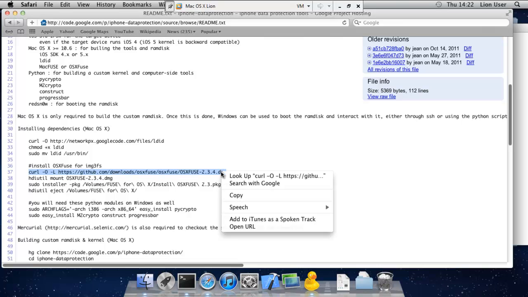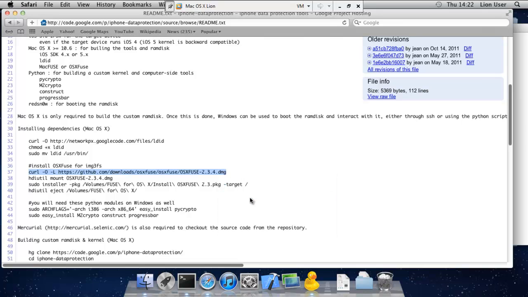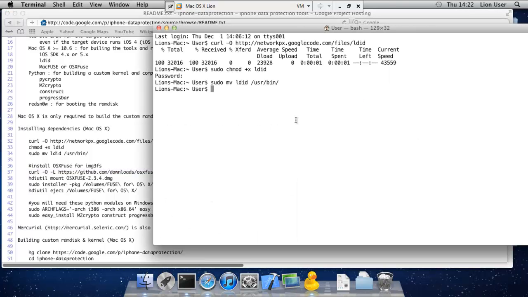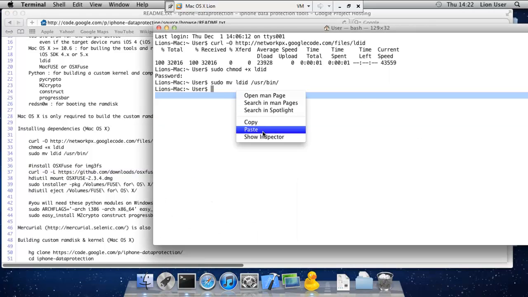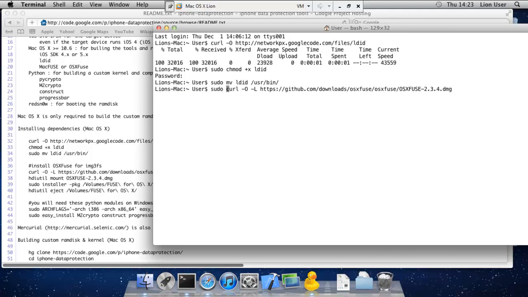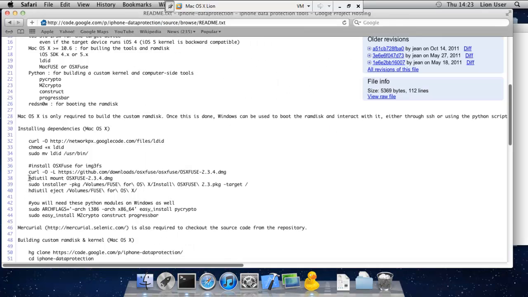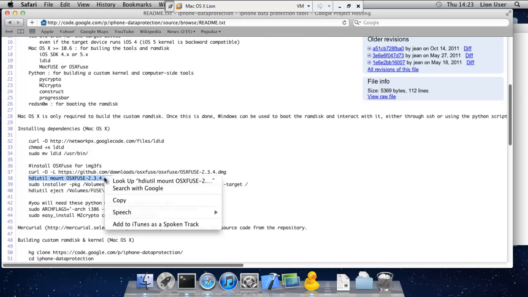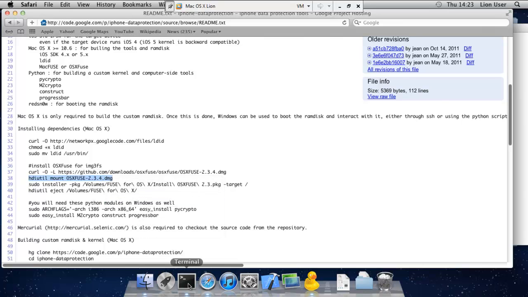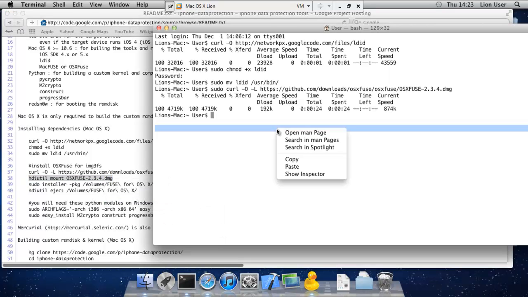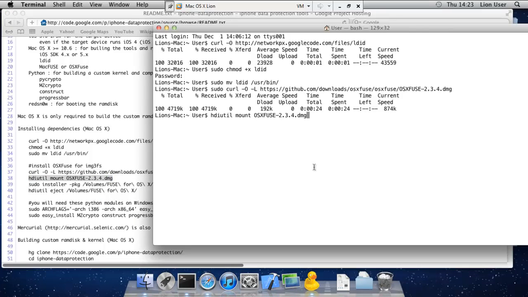Next, download and install OS X Fuse for the Image3 file system. Apple firmware files are in Image3 format. If you unzip an iOS file, you can notice all the components in Image3 format. OS X Fuse allows you to extend OS X native file handling capabilities via third-party file systems. Download OS X Fuse using the curl command. It gets downloaded as an image.